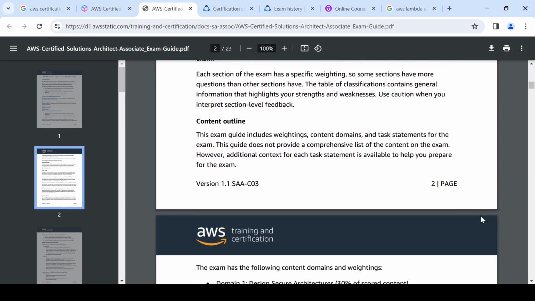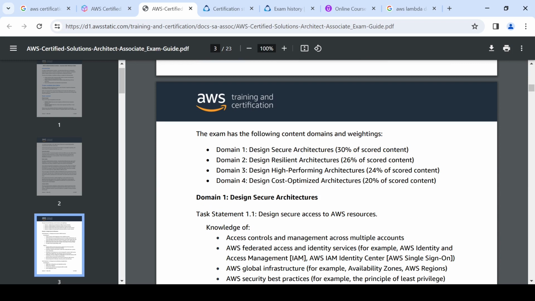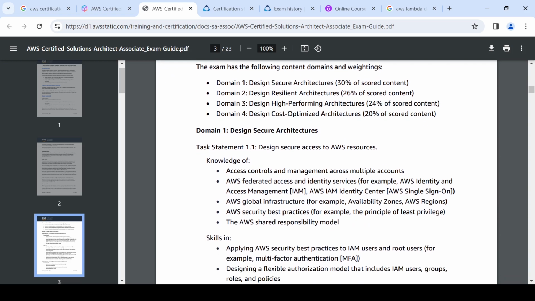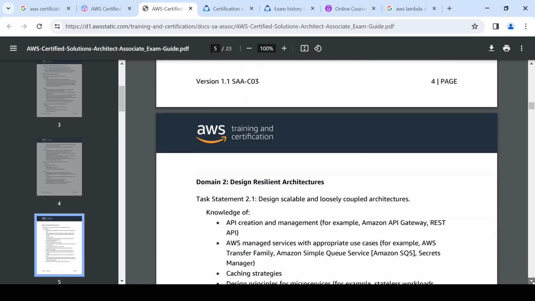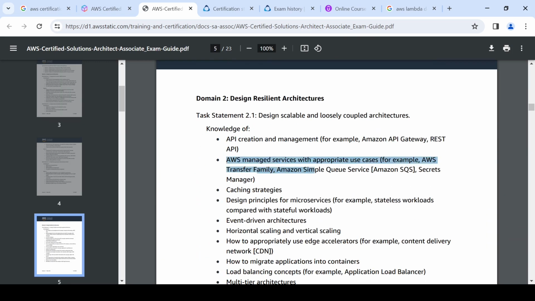there is a content outline, and here you can see the domain-wise percentage, how many questions will come from each domain. If you see here, 30% of questions will come from this, 26% from this. Okay, and inside these domains you can see what all AWS services are the part of that. You can go ahead and see this domain 2. You can see what all AWS services are the part of this,